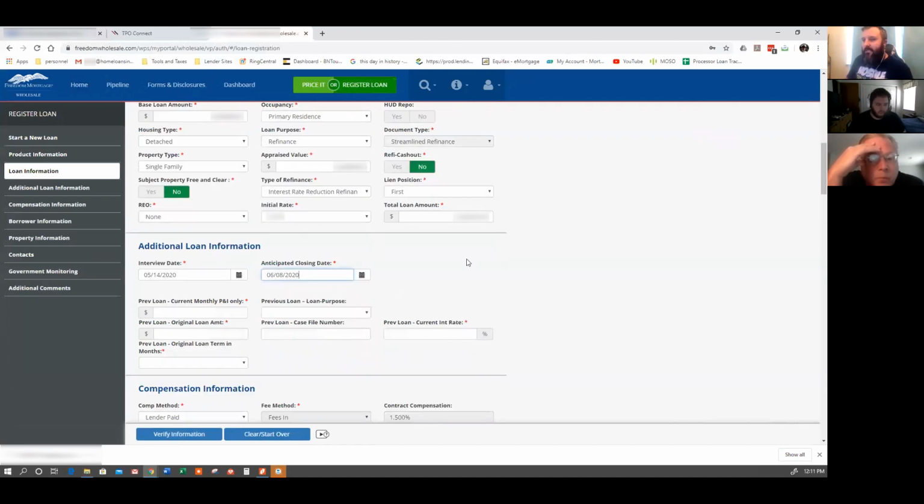So here it's asking us to fill out the previous loan information. His total P&I right now, previous loan purpose was a purchase, the previous loan amount. So the easiest way to find that is open up the credit report, go down to his mortgage, and it has the high limit of what he started. That's what I do normally. So it was